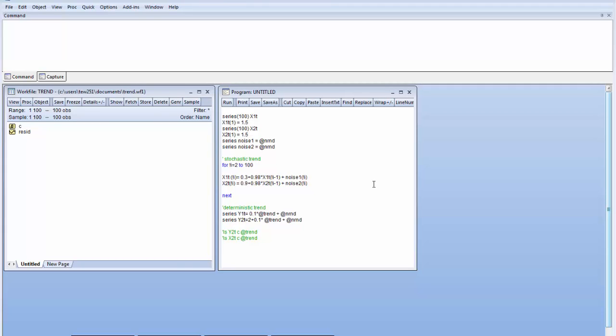Hi everyone, in this video I would like to talk about stochastic processes and trend stationary processes, what their difference is, and what would happen if you want to run a cointegrating regression model or cointegration model using trend stationary processes. So for this I will create